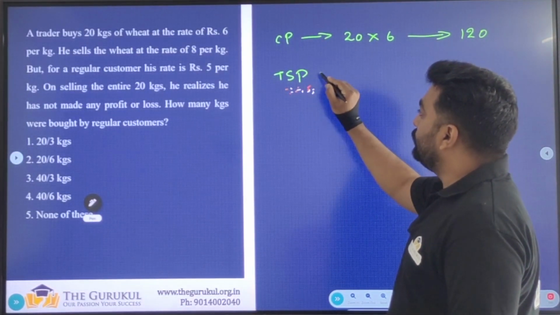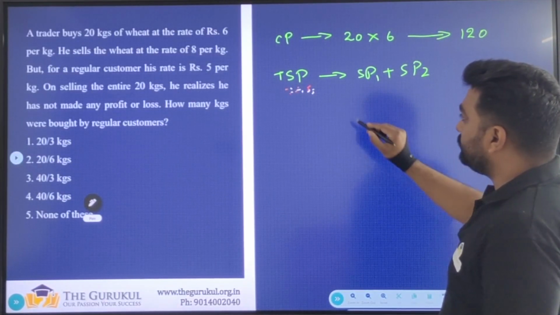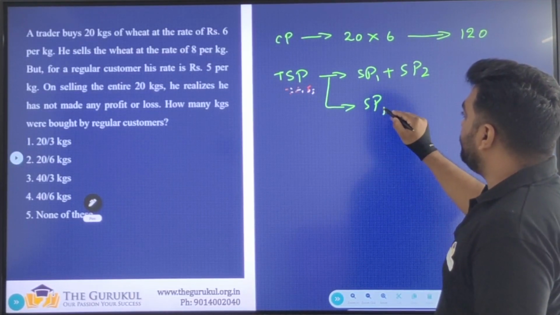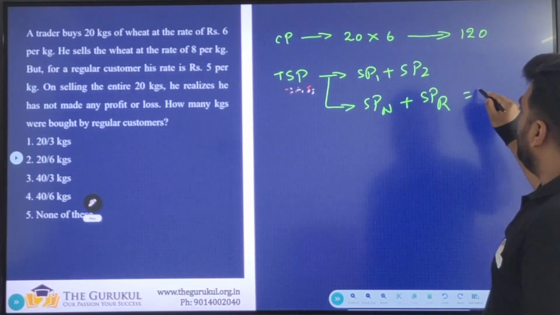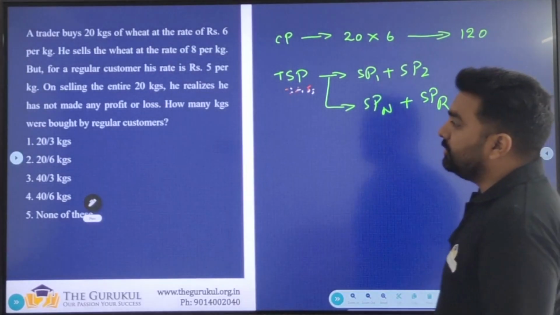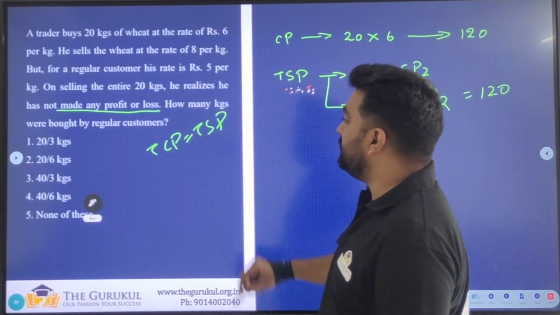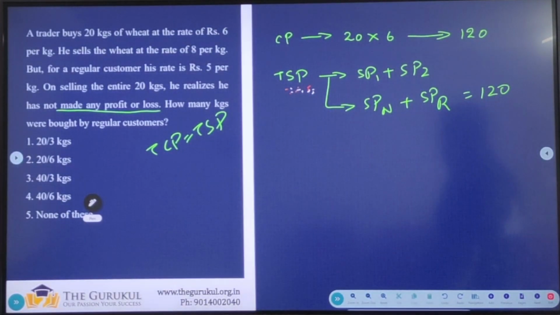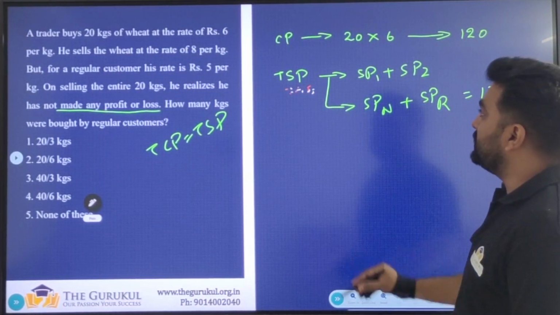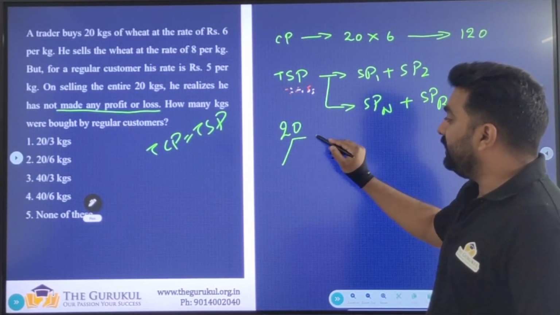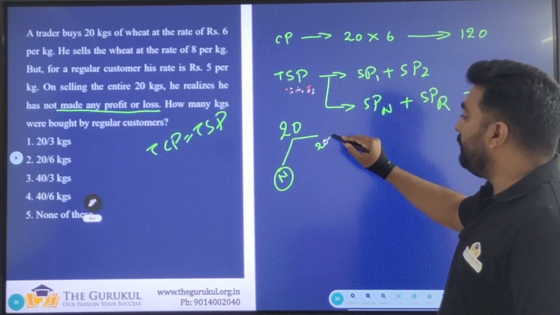So can I say total selling price equal to selling price 1 plus selling price 2, which is selling price for new customers plus selling price for regular customers, together should be equal to 120 rupees because no profit, no loss. Total cost price should be equal to total selling price. Clear? Now, for new customers, how many kgs? We don't know. So out of 20 kgs, if n kgs are going for new customers, 20 minus n kgs